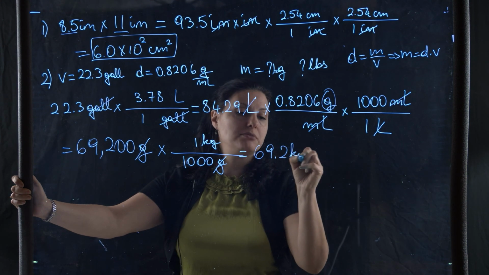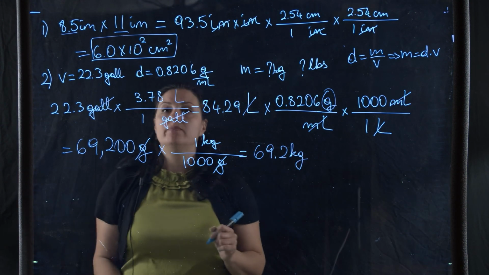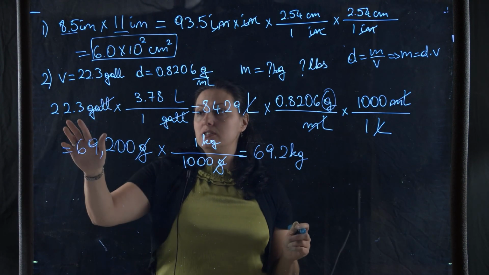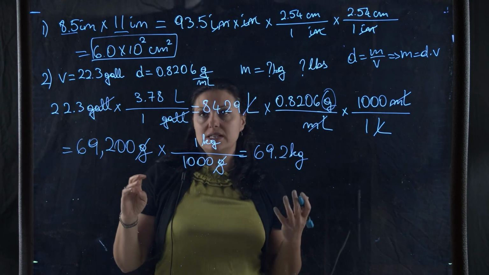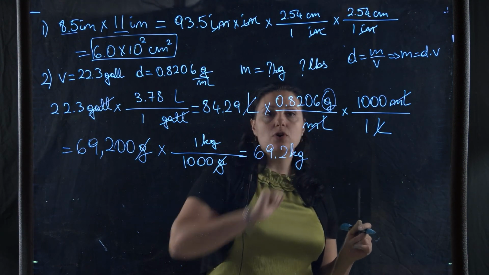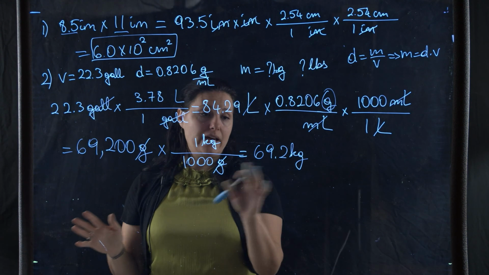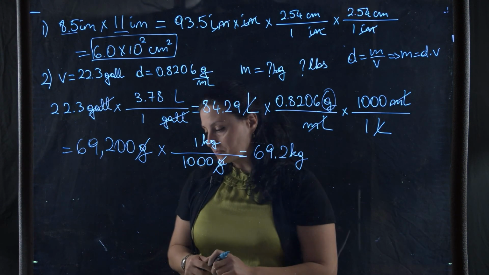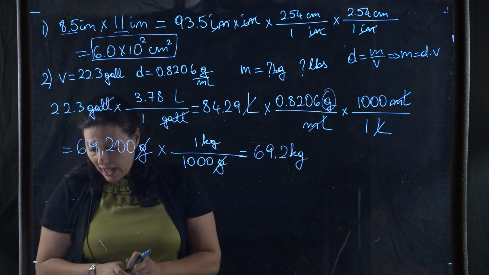69.2 kilograms. Okay, and if I look at my conversion factors, or my numbers that I start with, this has 3 significant digits. This has 4 significant digits. Because I'm multiplying throughout, my answer should have 3 significant digits, and it does. Okay, so now I have